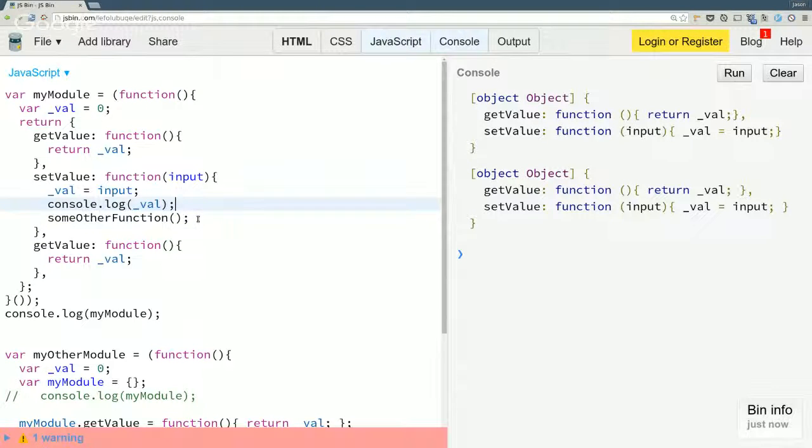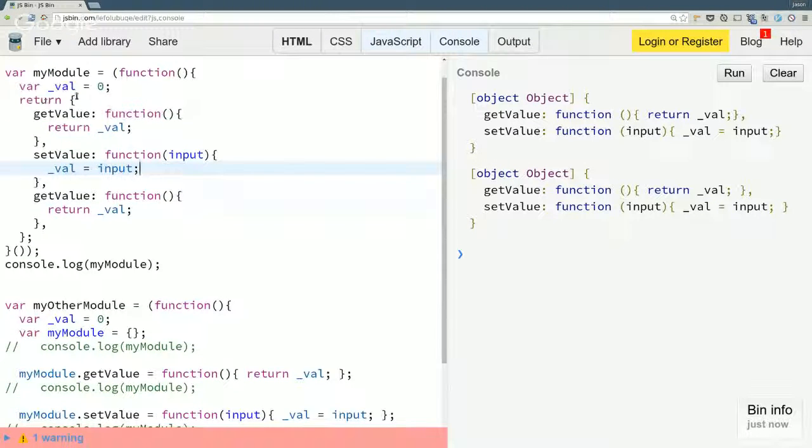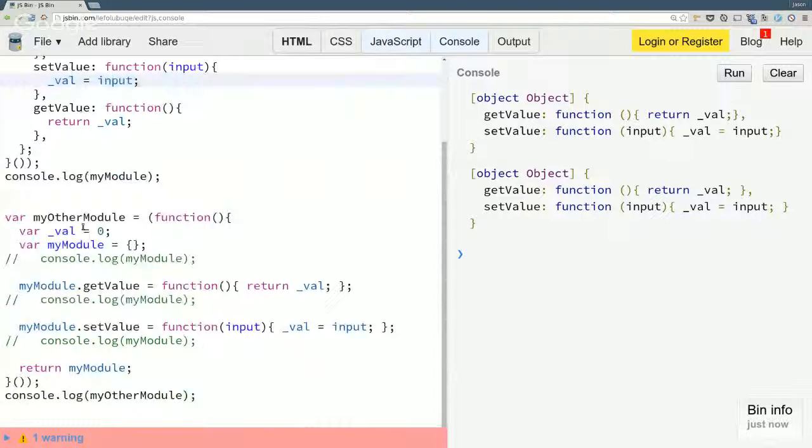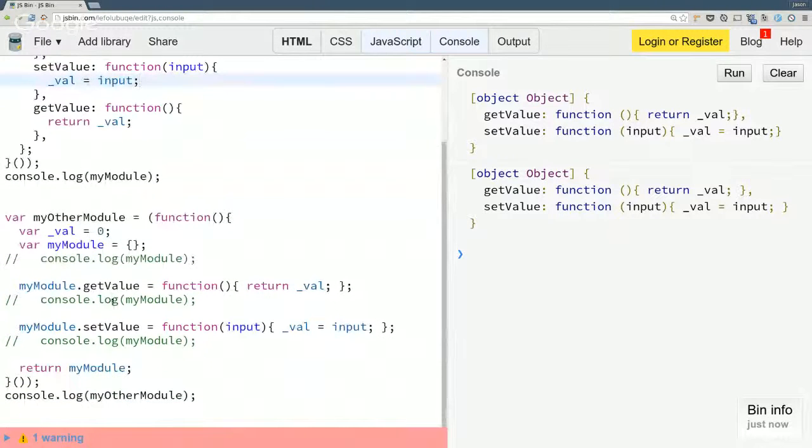And people definitely do this, and you can make the argument that to some level, this is only creating one object in memory, and there's a smaller memory footprint. Whereas for this, well, actually, I shouldn't say. Actually, I take that back. In this instance, it's the same thing. It's an object that has properties assigned to it.